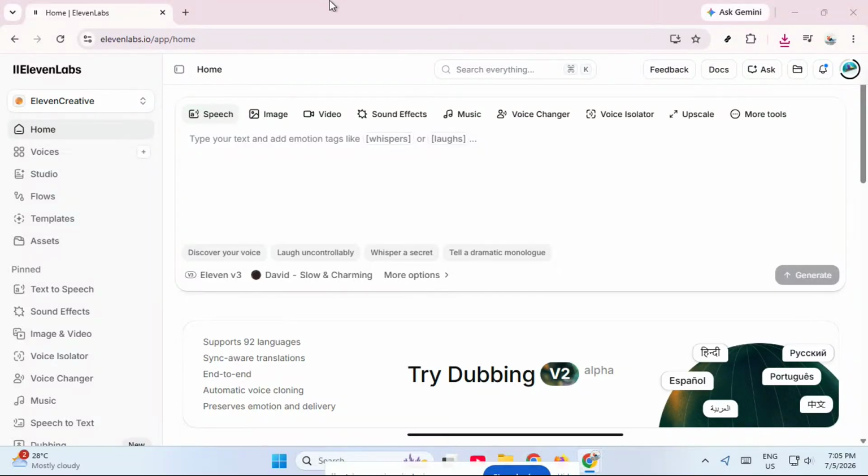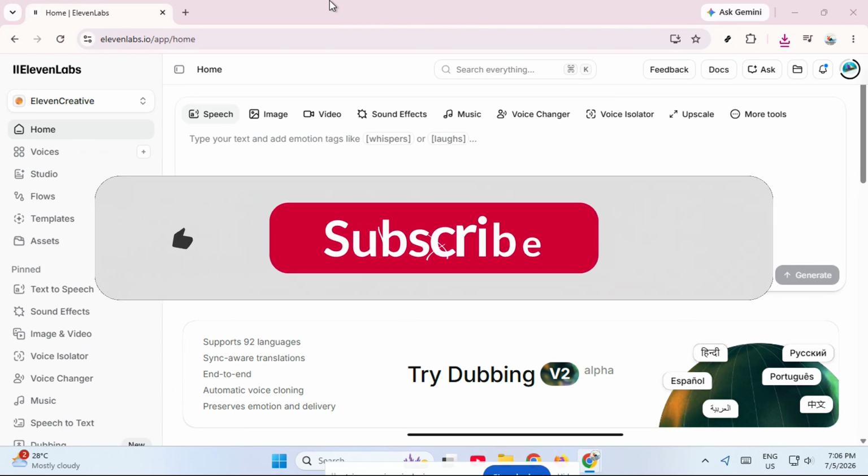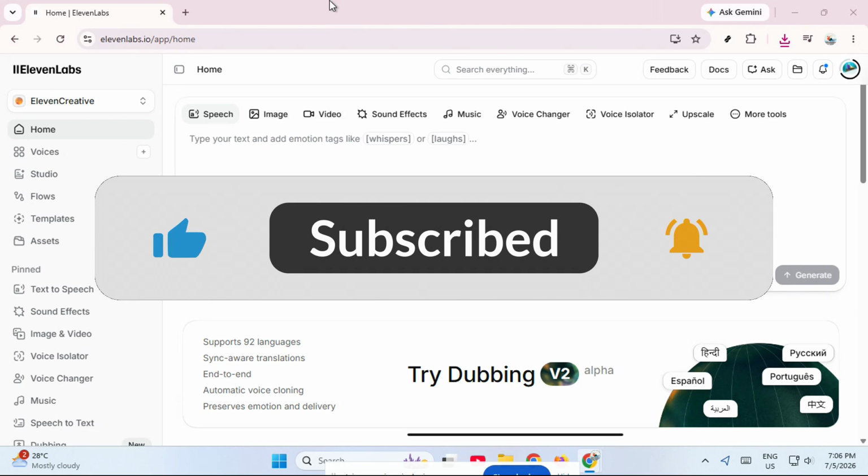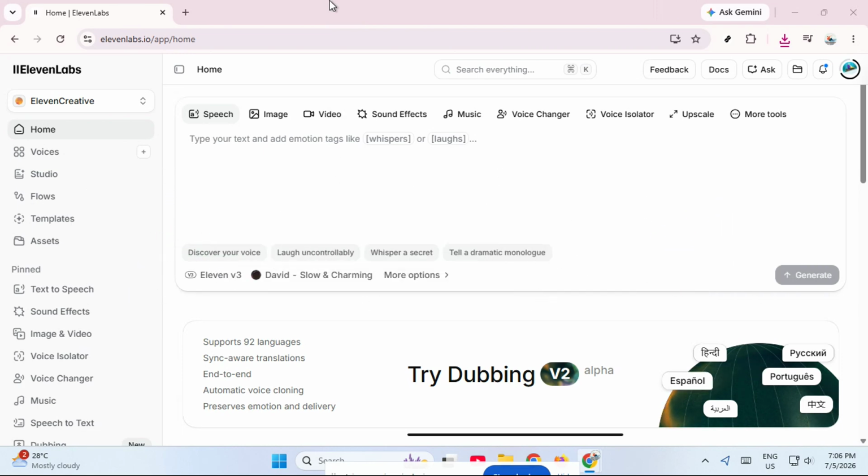In today's video, I'm going to show you how to use ElevenLabs Podcast AI Voices to create professional sounding podcasts with realistic AI voices, even if you've never edited audio before. This is a great option if you want to turn documents, articles, web pages, or your own scripts into clean narrated podcast episodes with one or two AI hosts. You'll also learn how to edit the transcript, switch voices, and export your final audio as an MP3 or WAV